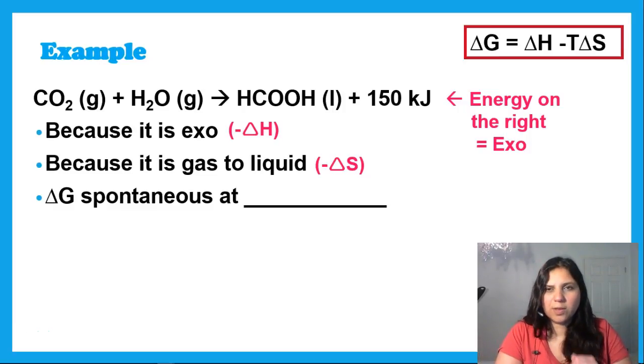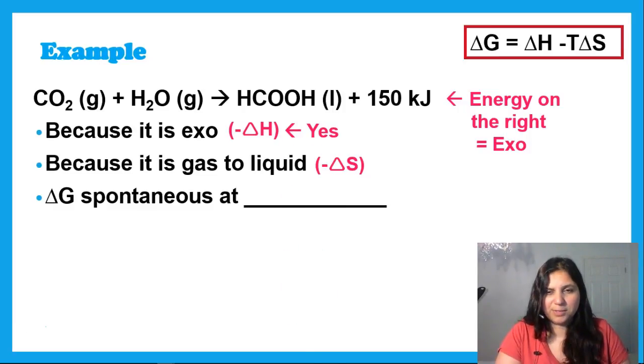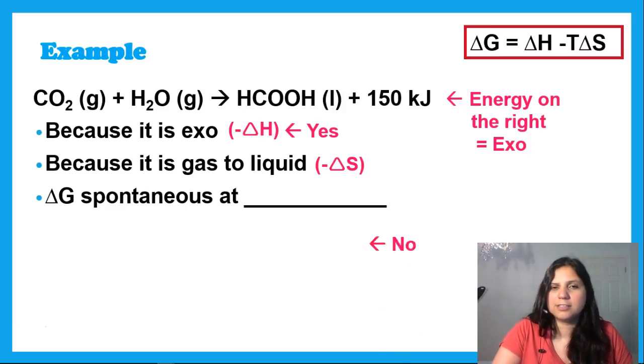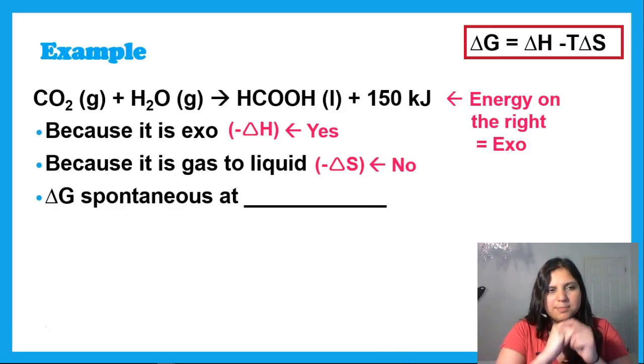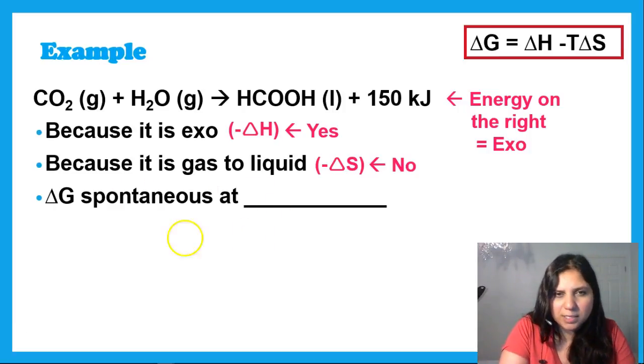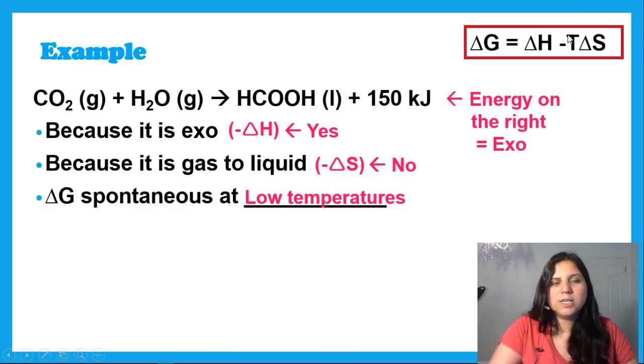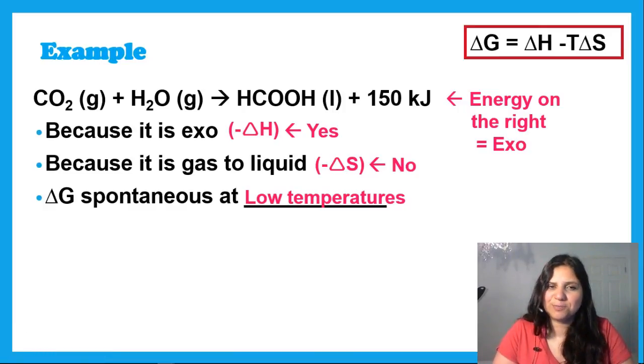All right. So what is going on in terms of the battle for spontaneity? Delta H is saying yes, be spontaneous. Delta S, on the other hand, is saying no, shouldn't be spontaneous. So is it? Well, it's always going to be a maybe because we've got one saying yes and one saying no. But let's figure out when is it going to be spontaneous, at temperatures that are high or temperatures that are low. So it will be spontaneous when delta H wins. Okay, when is delta H going to win? Well, we want this to be small so delta H can win. So temperature should be small so delta H can win. So it's spontaneous at low temperatures.